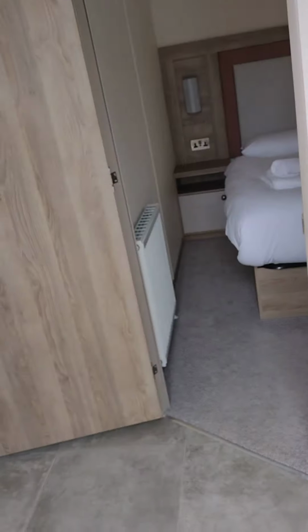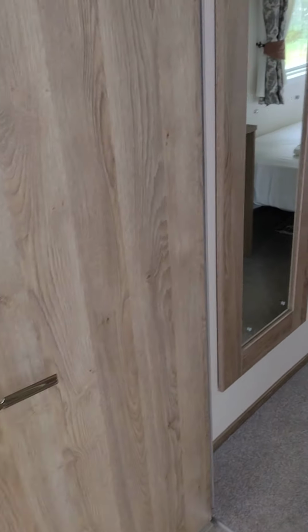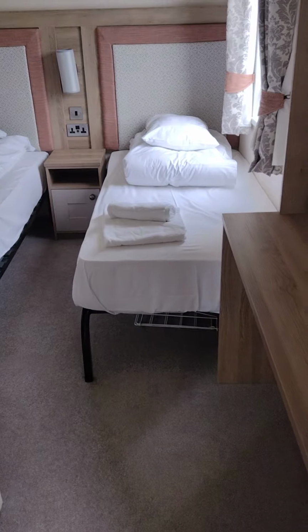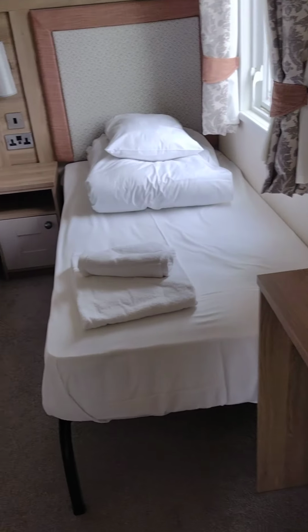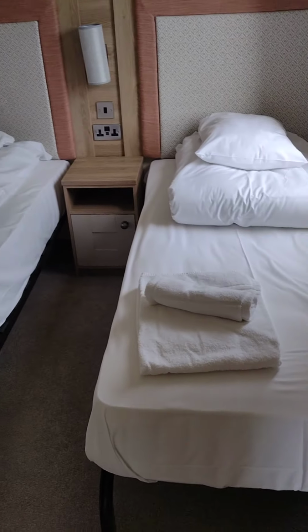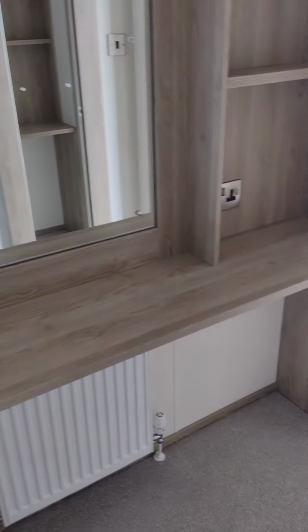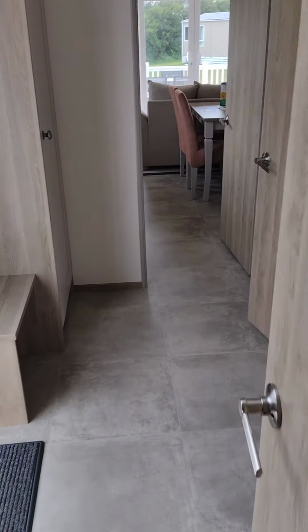Oh, hello. So, first we are approached with a nice hallway. To the right here, we've got a nice twin room, full-sized beds, towels there as well, which looks very nice. A nice desk area here in the twin room, very nice, and a full-sized wardrobe. Now we walk along,